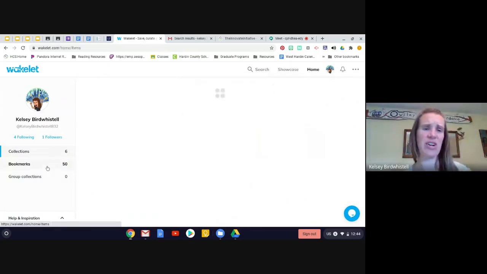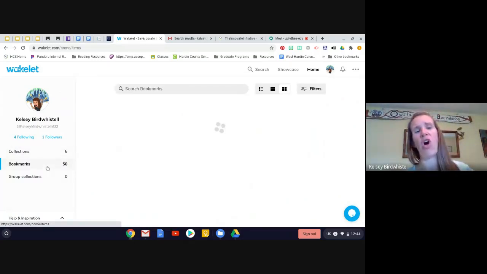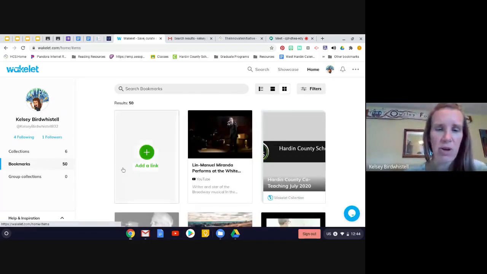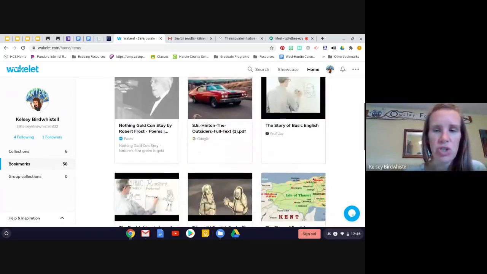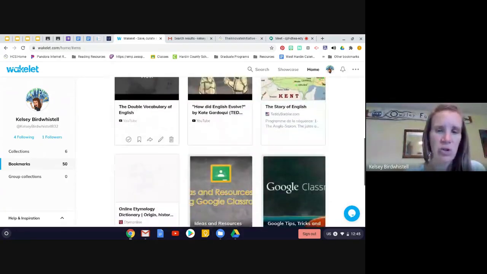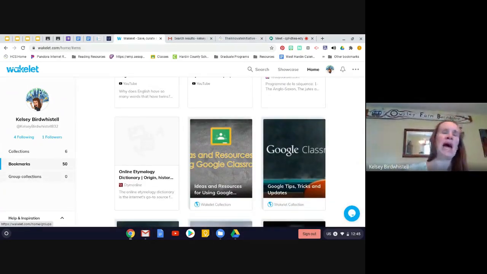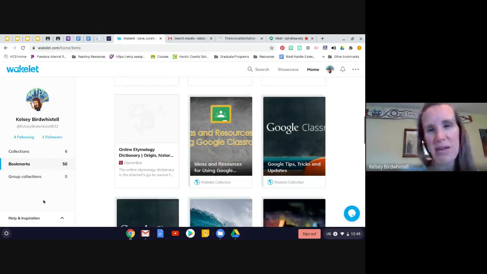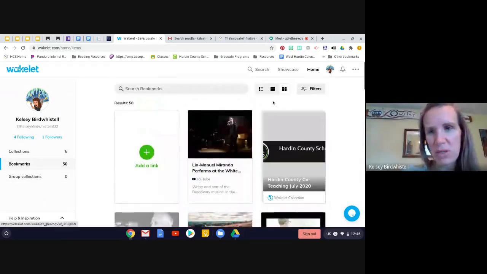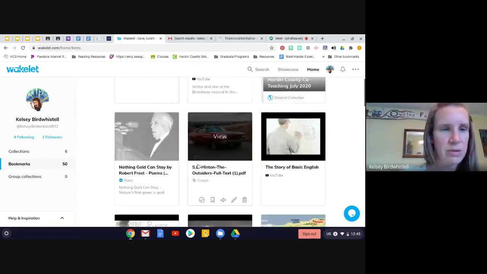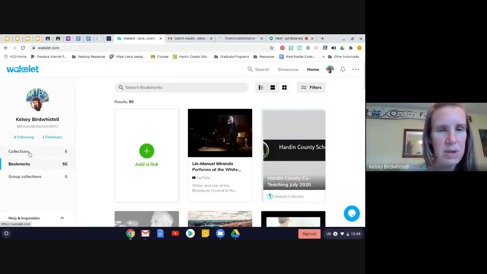It also goes ahead and creates a bookmark for anything that you put onto your collection. It will automatically make a bookmark for you from it. You can obviously choose to put bookmarks on here too that you want to add to a collection later. And then, let's see if I can show you this part. If you go up here, let me show you one thing on here. I'll go to collections for just a second.